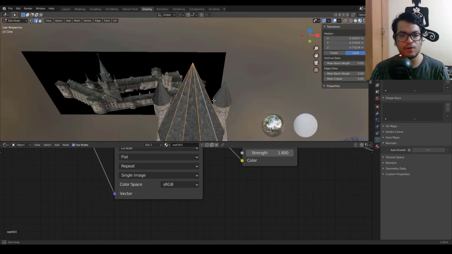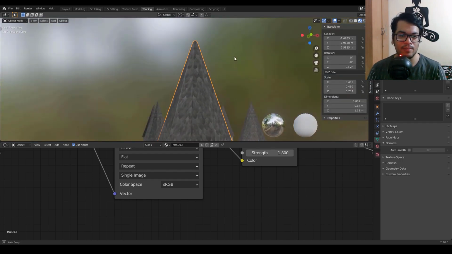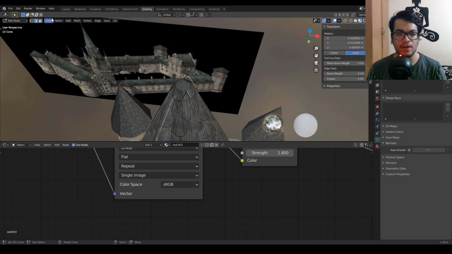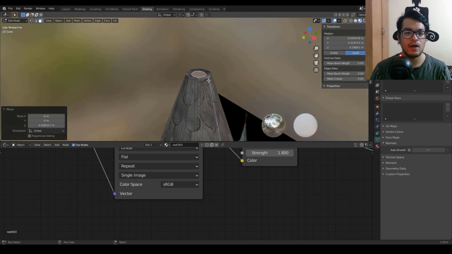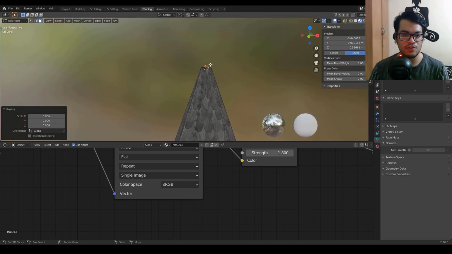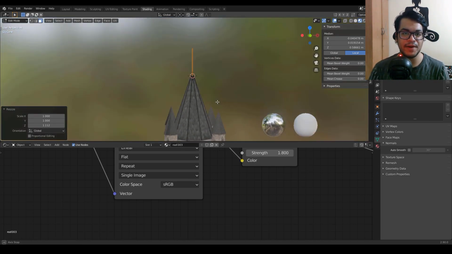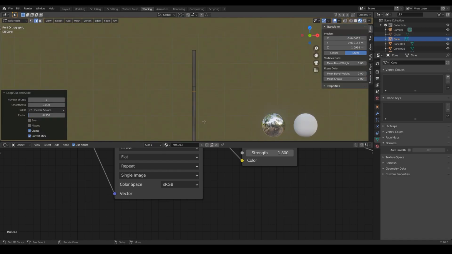Now we are going to give the roof some bevel. So select all these edges and you can press Ctrl B to give it a bevel. After giving this a bevel, we get a circle on the top. So we are going to move the cursor to that circle and we are going to add a cube, and this cube will be the top cross of this tower. Again, you can completely skip this, but it was in the reference image, so I am just adding that.